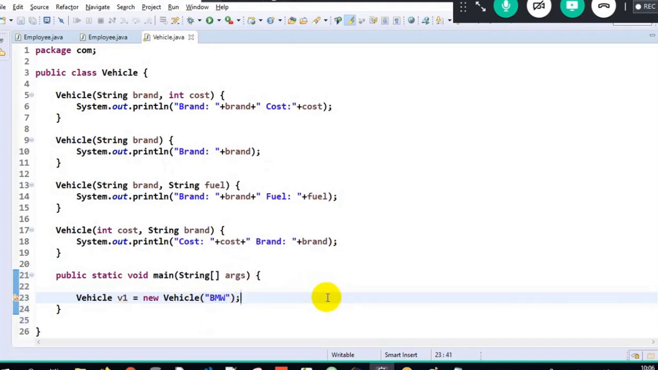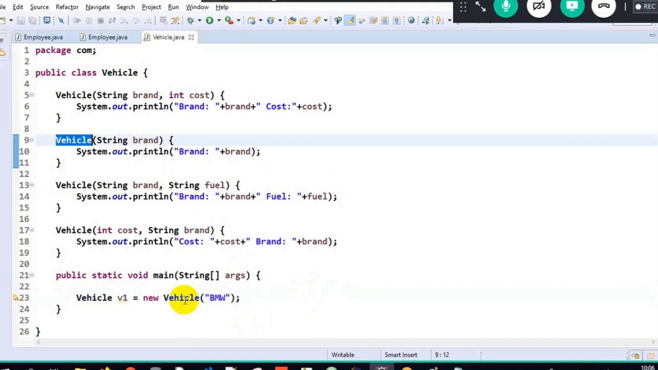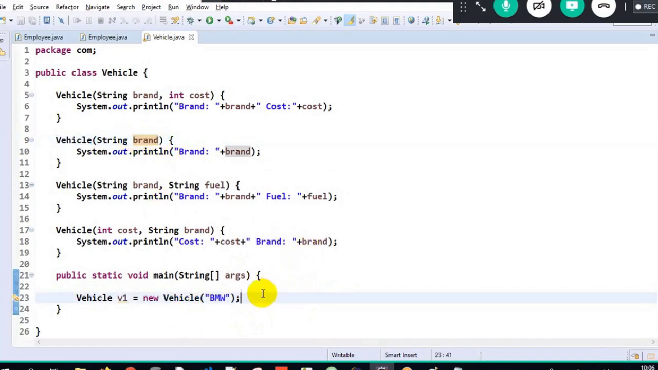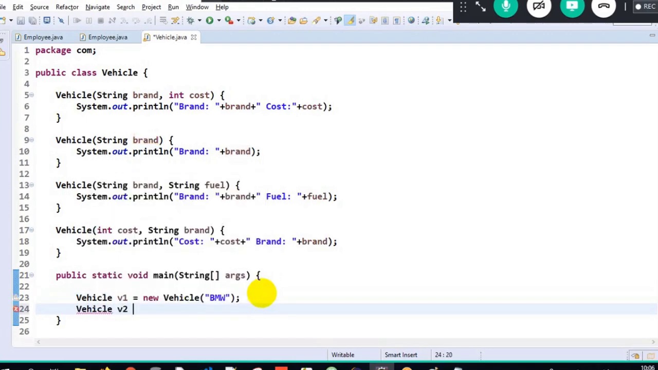See, press control on your keyboard, hover on the constructor, click on the constructor. It is taking me to the second constructor. So now the common sense is when I create one object, I can access only one constructor at a time. One object can invoke only one constructor at a time. So there are 4 constructors, meaning I should mandatorily create at least 4 objects in order to invoke all those 4 constructors, right? So therefore, I will create vehicle v2 equals to new vehicle of, and I am passing,